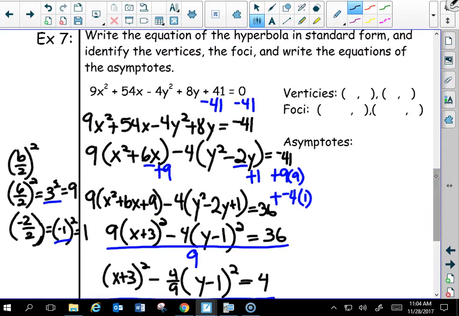Okay, where are my vertices? Okay, my vertices are found, and again, I'm using the guide on page 767 in order to write these little equations. My vertices are going to be at h minus a, comma k, and also h plus a, comma k. So we're taking the a and the left, right, and up, down transformations, putting them together to figure out where our vertices are. So h is